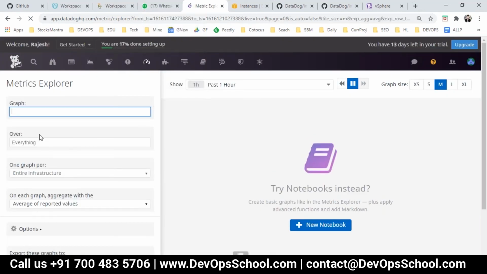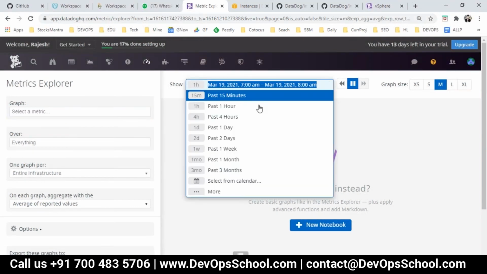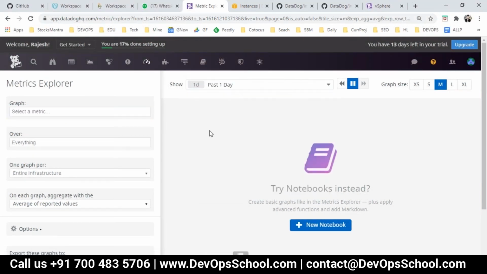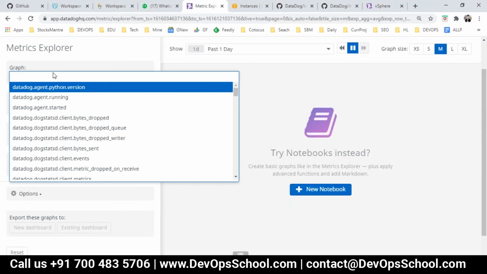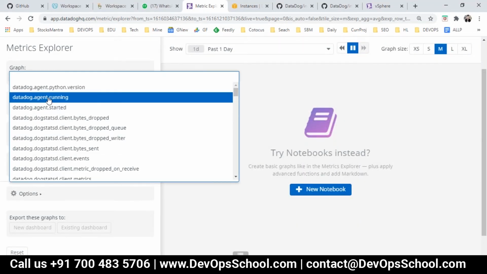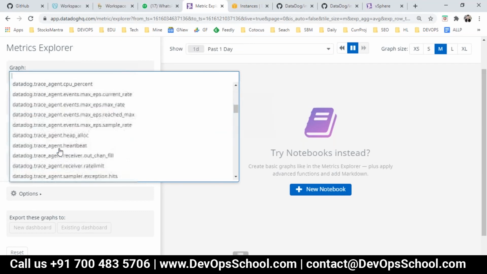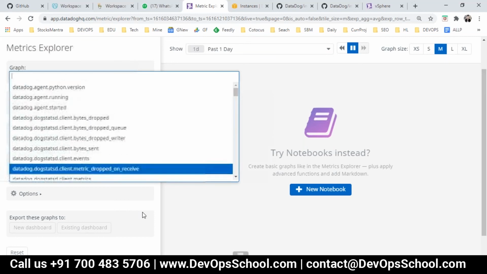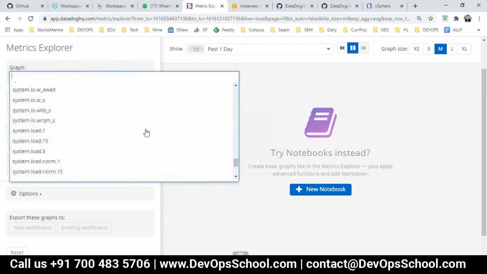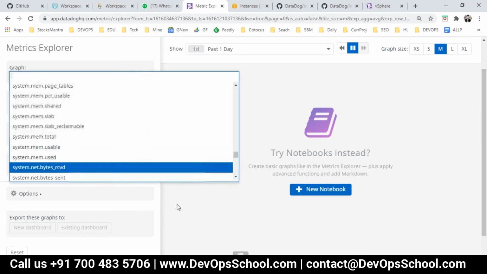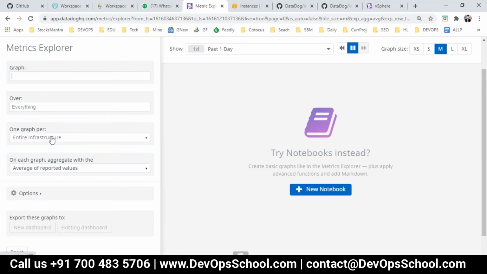You see here what metrics you want, the time defined, let's say 1 day, and from where you want, here graph. These are the inbuilt graphs which I have not created, though you can create graphs. But right now I want all the metrics for my node.